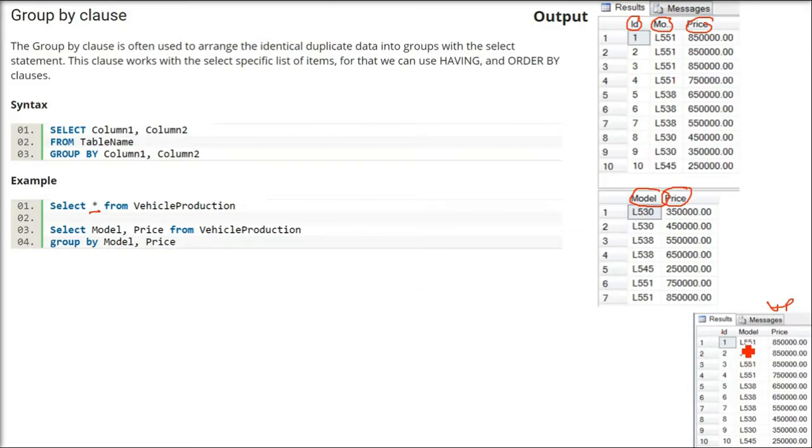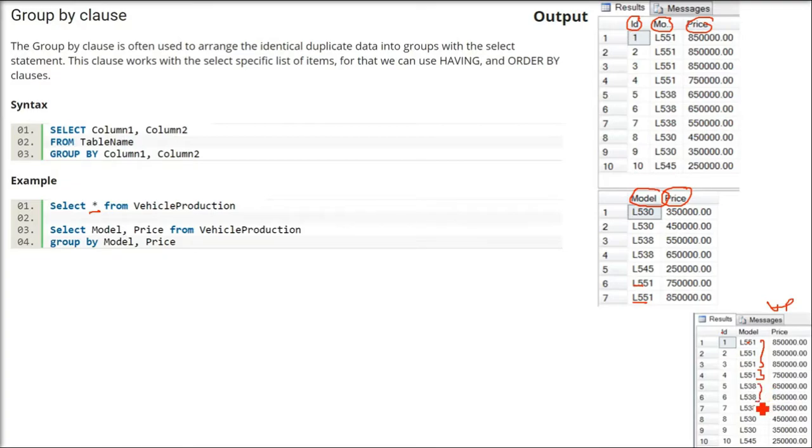Now what will happen? Now it is very important. L551, all these three are repeated. They are duplicates, so only one will come: L551, 8,50,000 will come only once. And the other L551, whose price is different, will also come. Identical duplicates will only come once. This is important.